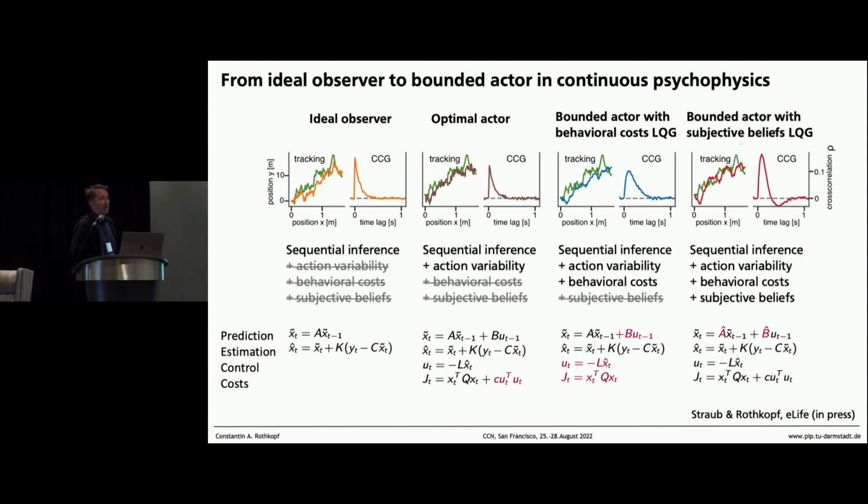And the final one is by saying, well, maybe subjects had a completely different model about how the target actually moved. The movement of the target is a random walk, but how do we know that they're really using the same random walk that we put in as researchers? In an ideal observer, you would of course do this, but necessarily it doesn't have to be so.